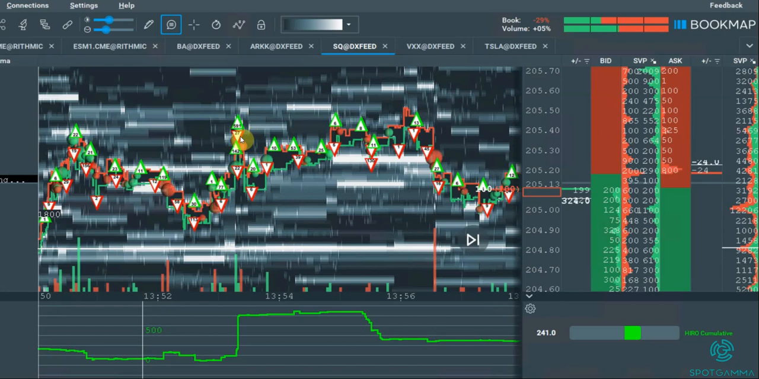Now what the HIRO indicator is doing is it is measuring the hedge impact for every single options trade that takes place in the underlying security that we are looking at. Here we are looking at Square, which is ticker SQ. So all of these individual triangles are showing the hedge impact related to all of the options trades that have